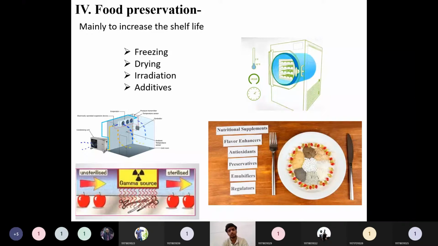So what are these techniques for food preservation? The first one is freezing. Obviously we know that in our household we also use refrigerators, in order to preserve our food for a long time, at least 2 or 3 days. Freezing also has industrial applicability, like cold storages and freeze drying. In industrial applications, when we adopt these refrigeration cycles, it is called freeze drying or cold storage for the large scale storage of these foods.